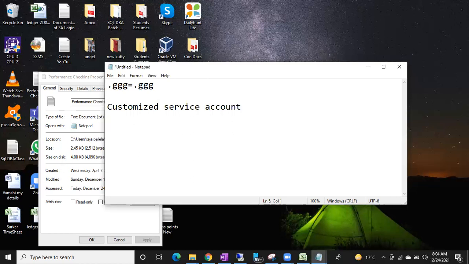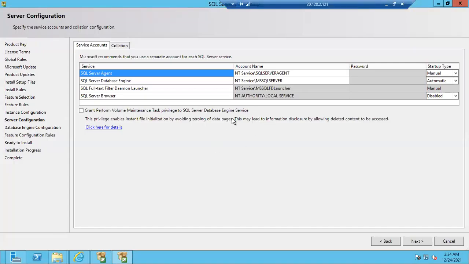Okay, fine. So with that note, let me go to this window and I am going to install SQL Server for the first time. I don't want to confuse. Later, I'll create a separate user account. One user I'll create, then I'll change it. As of now, I'll proceed with the default accounts. So what should be the startup type, manual or automatic? Automatic. Very good. The service startup type should be automatic, and you know what is meant by startup type.